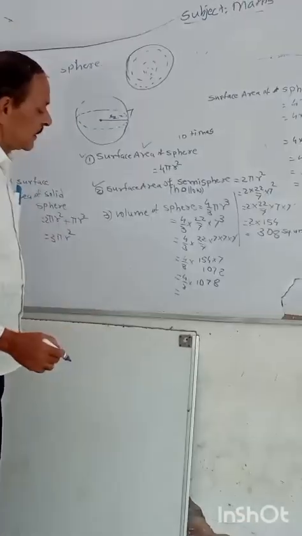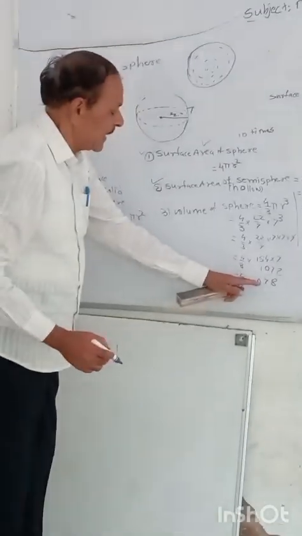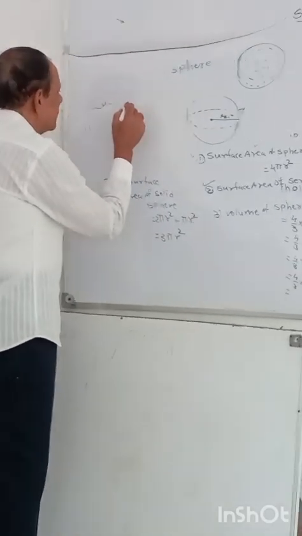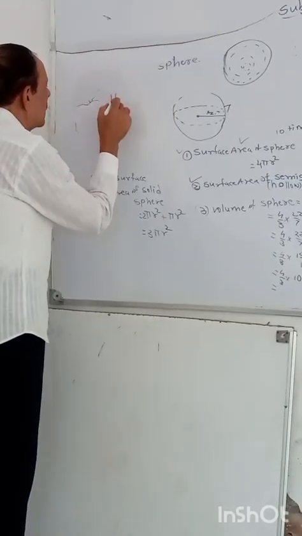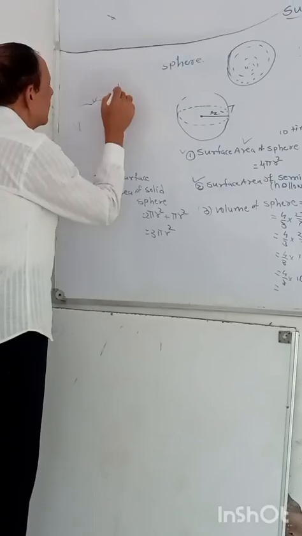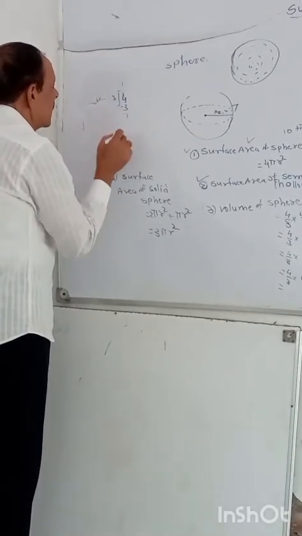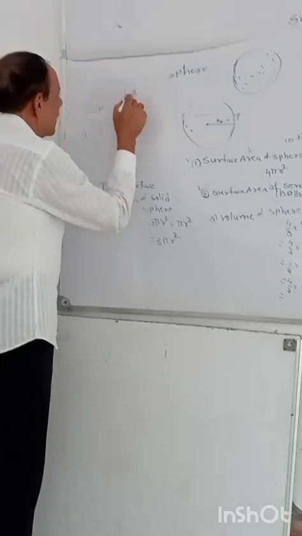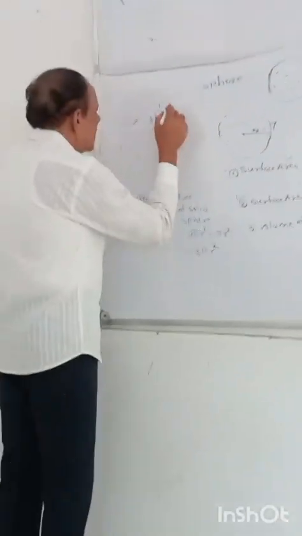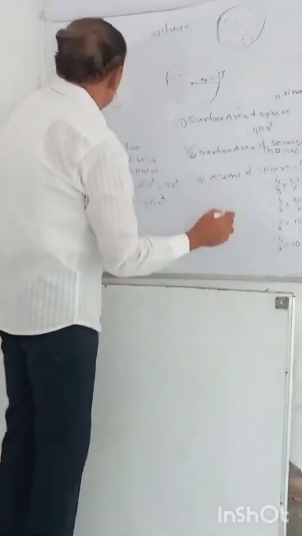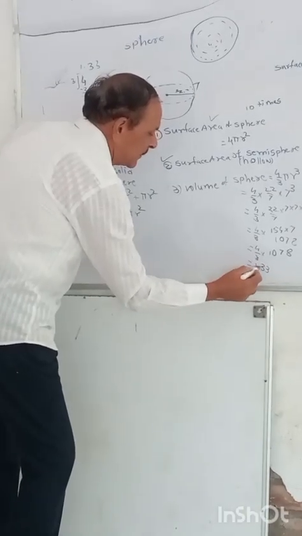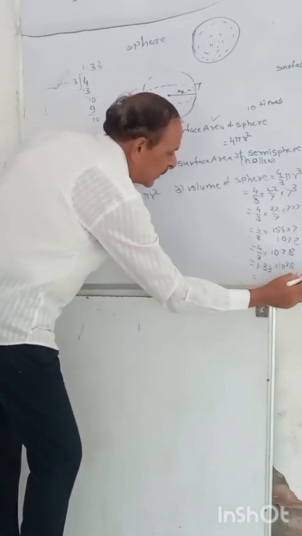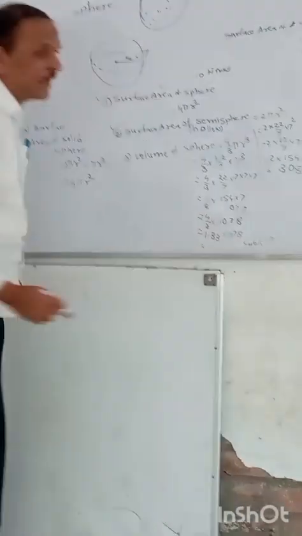But what about this 4 upon 3? It is a fraction, and it is not divisible. 3 threes are 9 and 3 fives, no, it does not divide by 3. So we take it as a fraction. How is 4 upon 3 written as a decimal? 3 ones are 3, down 0, then 3 threes are 9, again 10, 3 threes are 9, and it goes on and on. So it is 1.33 multiplied by 1078. Whatever comes, it is cubic unit, because for volume we write cubic unit.